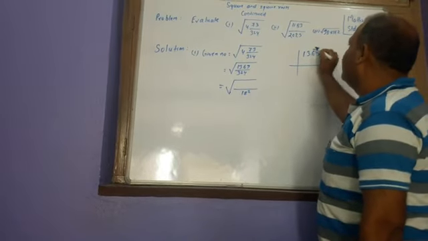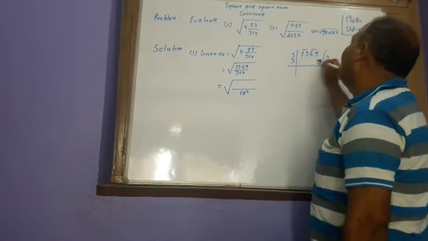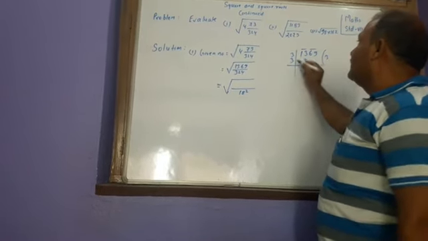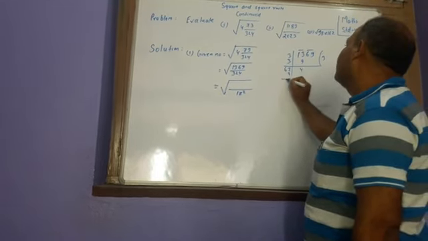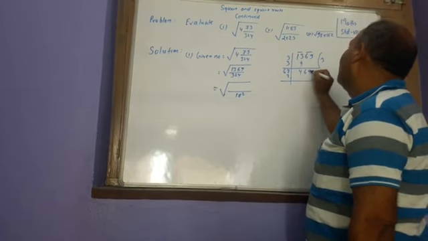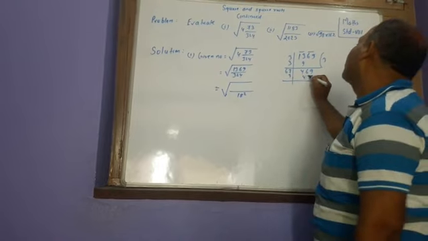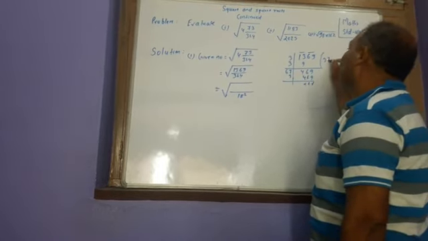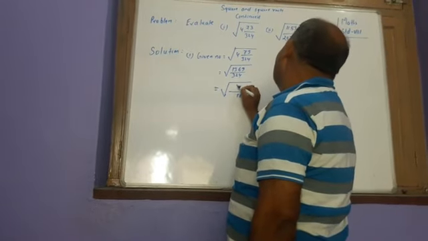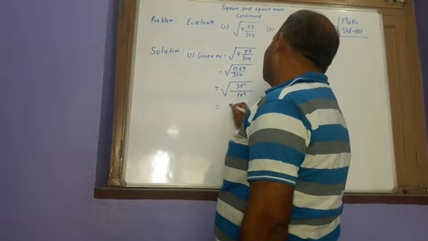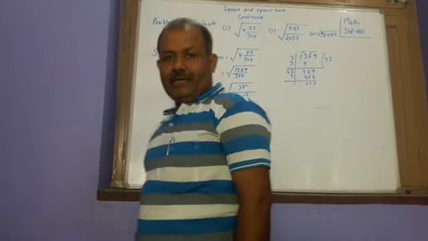On pairing, this is 69, this is 13. 3 3s are 9. 4. 3 3s added, it will give 6. Now we will take 7. 7 7s are 49 and 7 6s are 42 and 4 is 46. All will be cancelled. And therefore 1369 is the square of 37. And therefore the result will be 37 by 18. Okay?